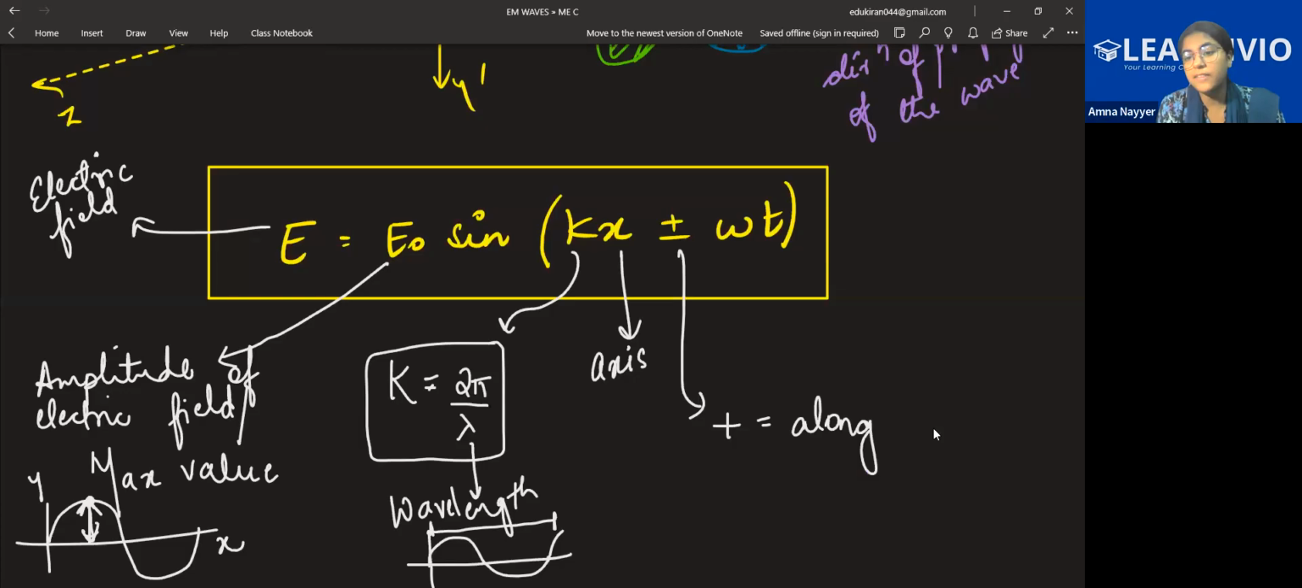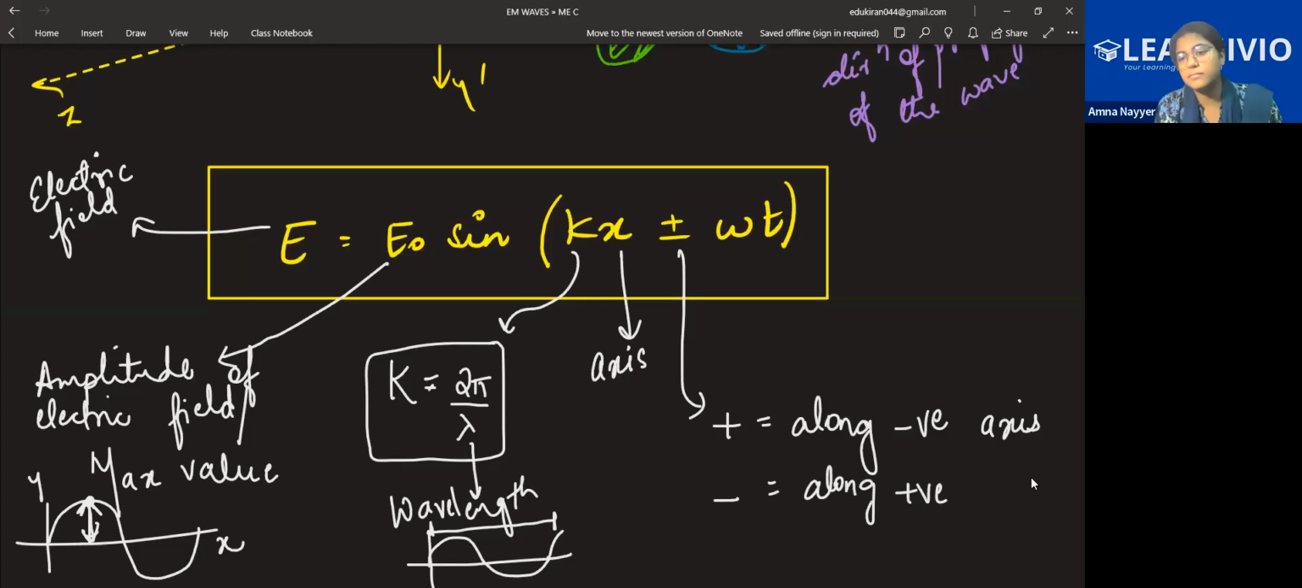If you have a plus sign present in your equation, then it is along the negative axis. So if I give you this equation with a plus sign, not just minus, and ask you where the direction of propagation is, your answer will be the negative x-axis. If I write minus, then it will be along the positive